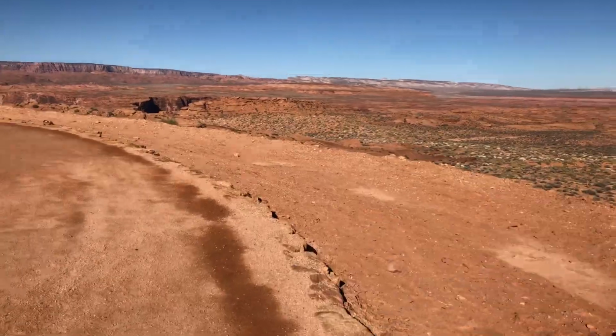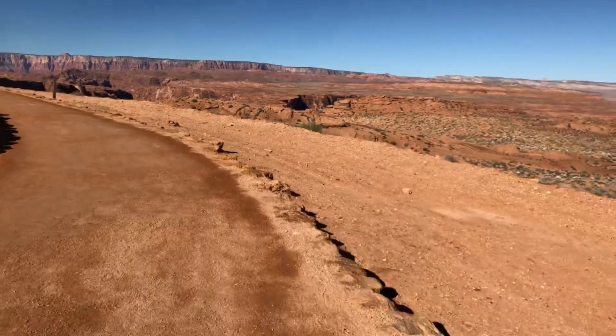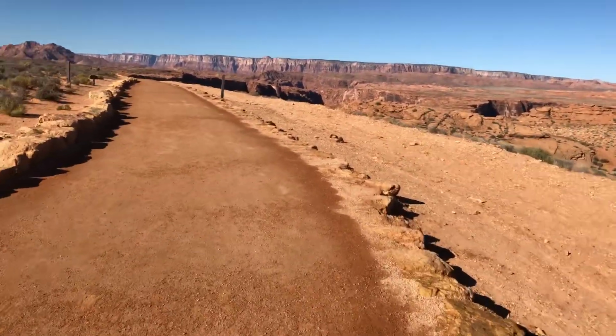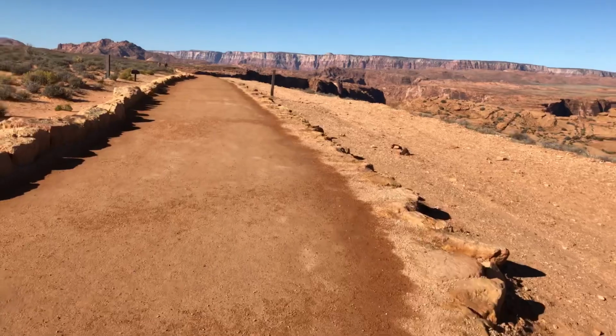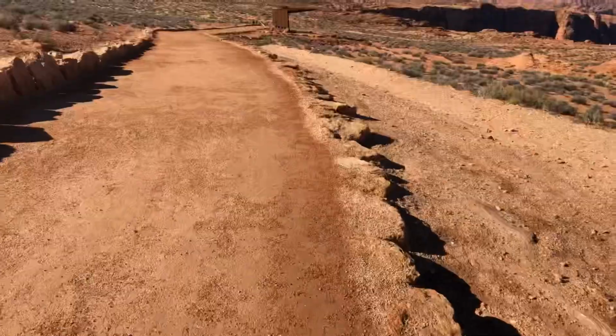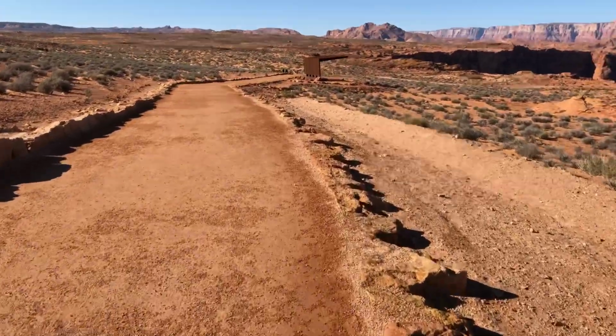Okay, so we're winding this bend. Like I say, it's slightly downhill on the first part, so you're good. And after that first curve, you're starting to get the view, which is kind of a delight. After this next little bit, the incline does get quite a bit steeper, and there's another bench / sitting area,